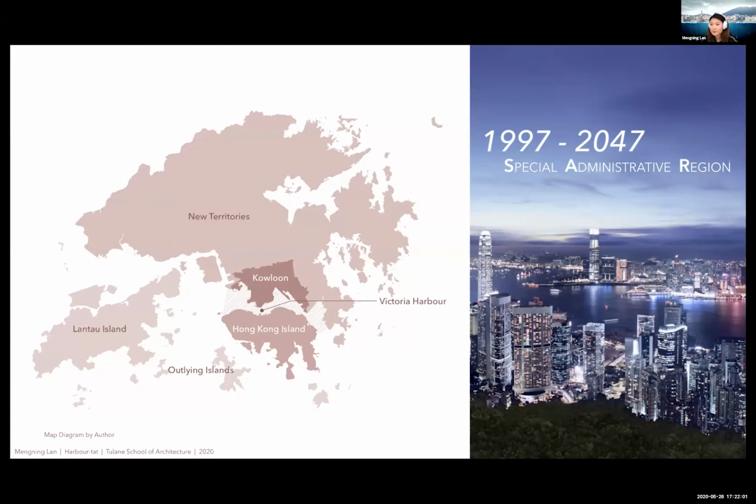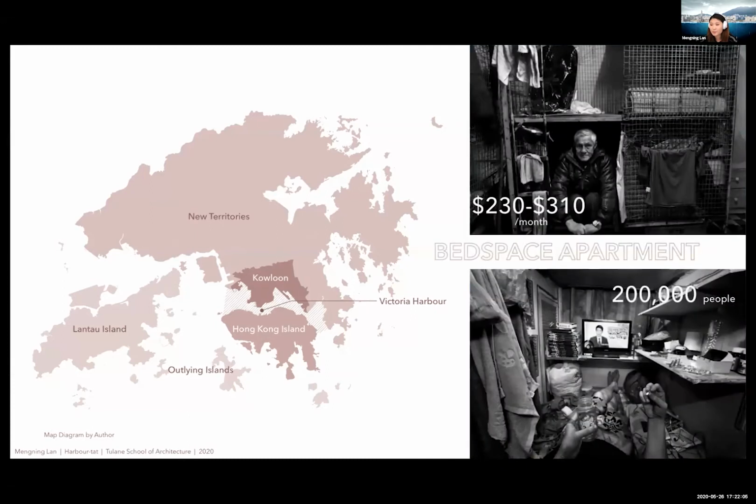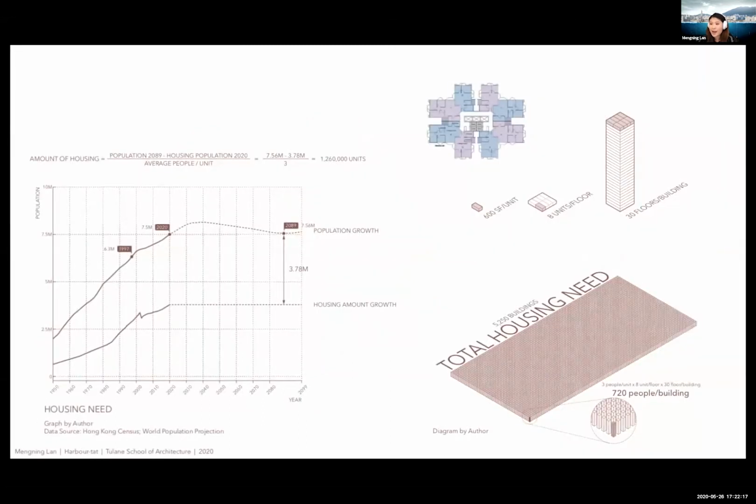Behind the glamorous harbor view with skyscrapers, there are 200,000 people living in bed space apartments. It refers to a house that contains 12 or more people who rent individual bed spaces. So, in order to house all the local population, how many houses do we need to provide?